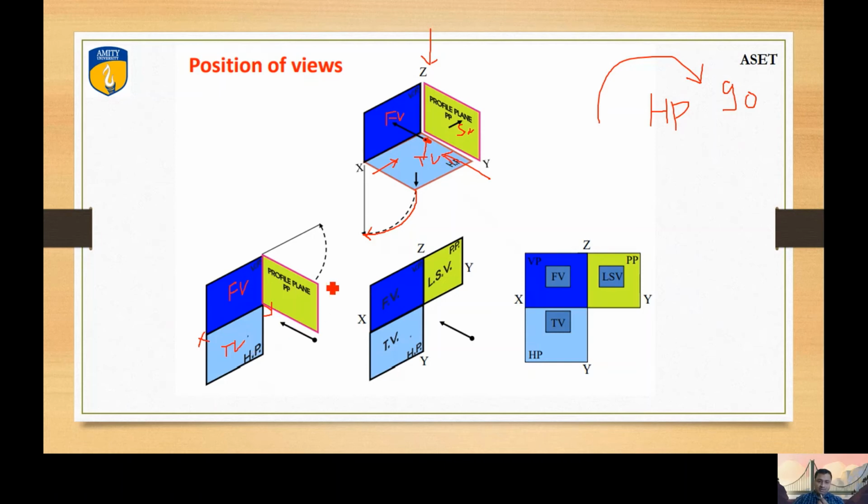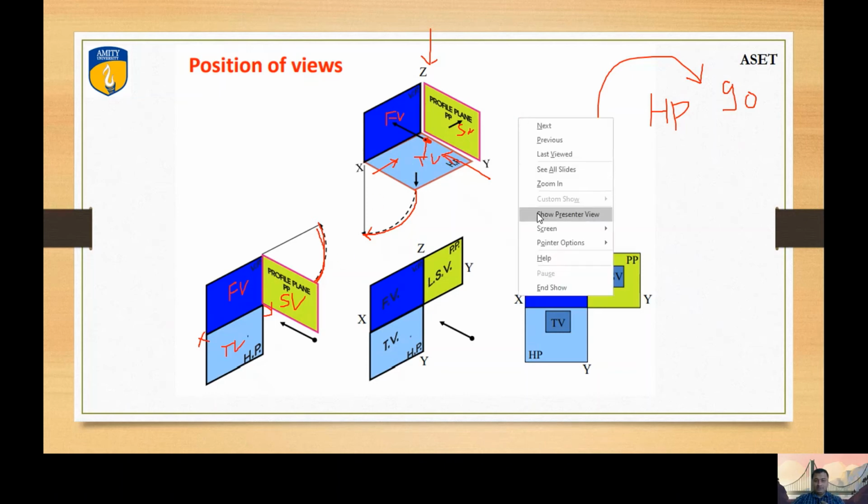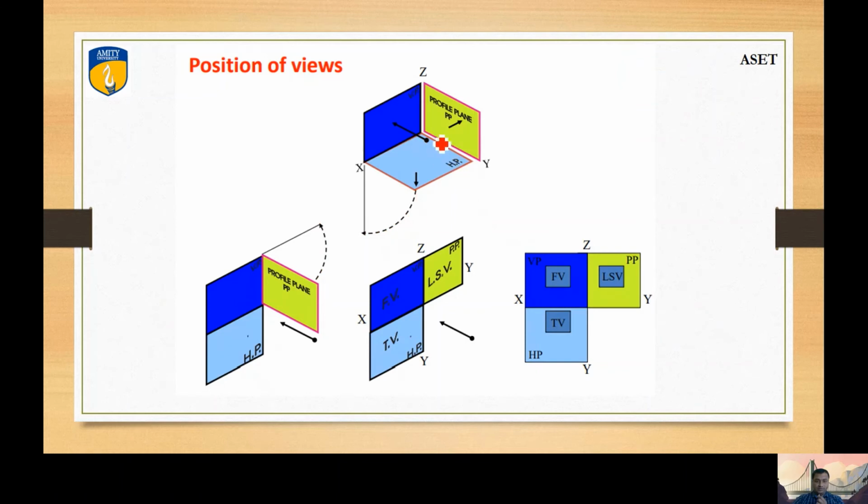Now where will my profile plane be? See the direction of rotation of the profile plane. Here is my side view. So the side view is again going to rotate, because it is like this. You have to turn it like this, you have to rotate so as to make the single sheet. So when the profile plane is rotated like this, as you can see here, which side view is located here? Which side view have we seen for this object? If this is my object, we are seeing from here, right? So this is the left side view. We are seeing the object from the left.